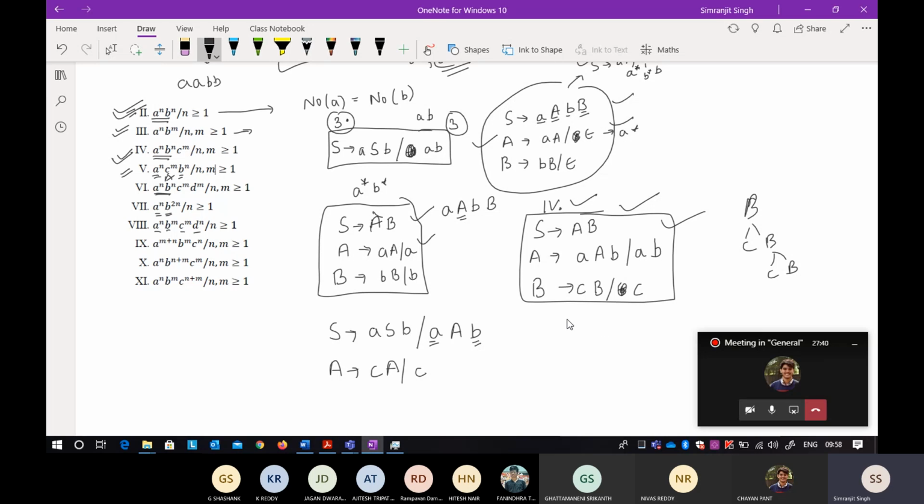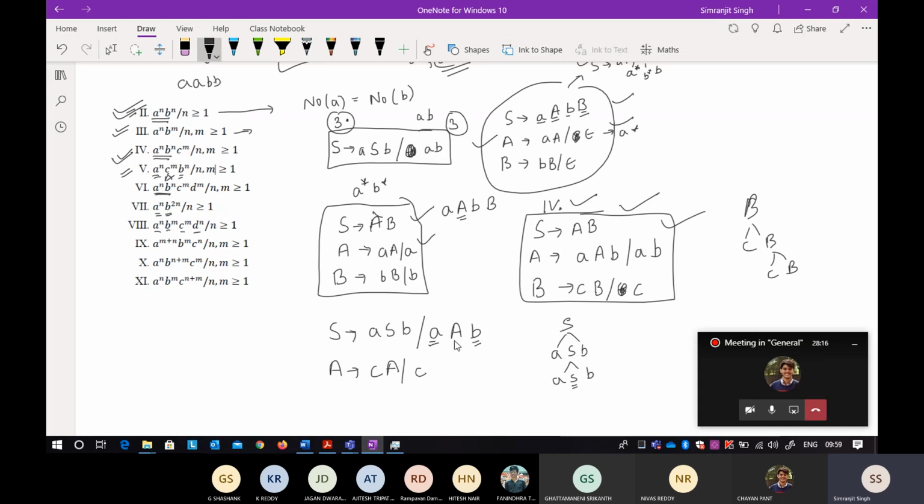So just try to draw a derivation tree to see if it is correct or not. Do not stop by building the grammar. Just check for a little bit of time that you are deriving the correct strings or not. So just take it aSb. Now in place of S, there is another aSb. Okay, so that is correct. So how can I stop it? I can only stop this whole derivation tree by taking a terminal at the end, because there is no terminal, so this is non-terminal. So how can I reach a terminal?